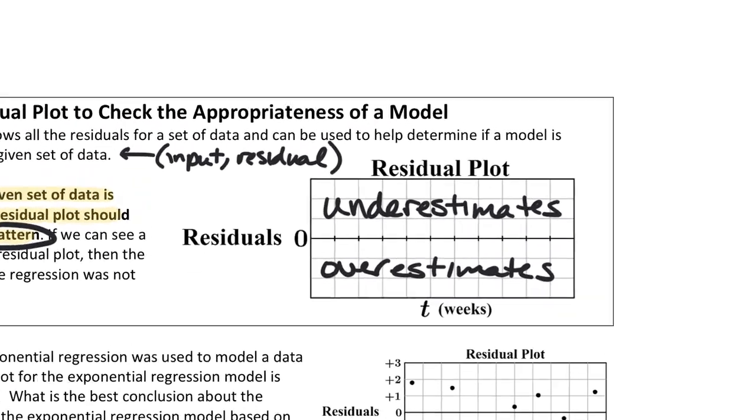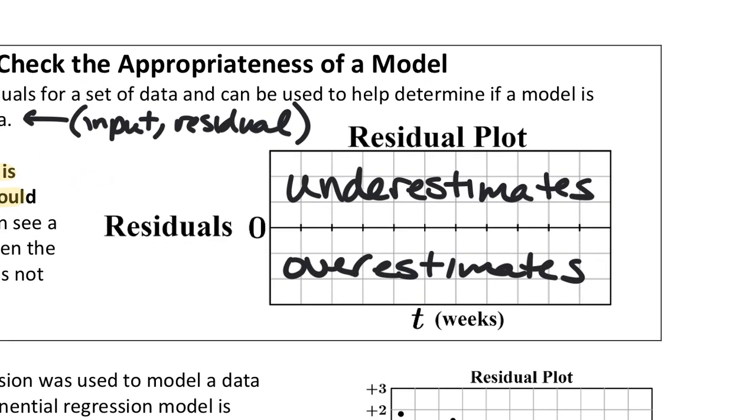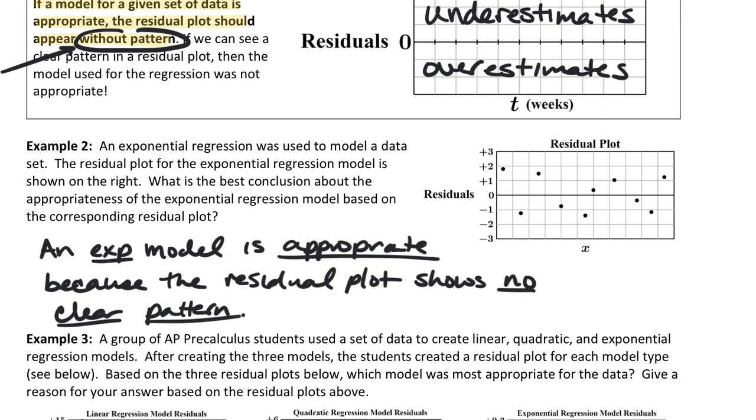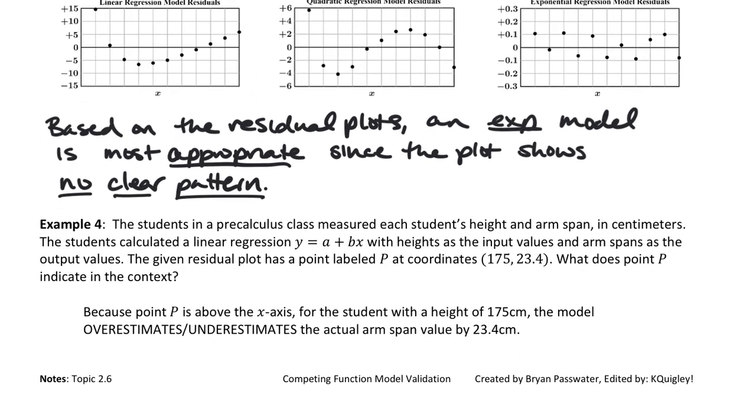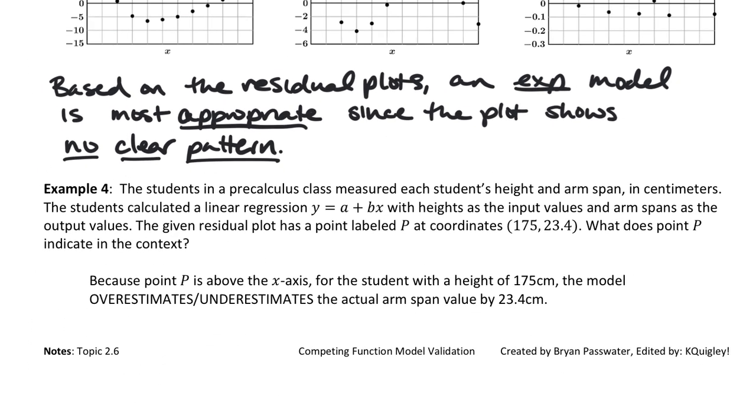Now, one more time, before we read number 4, pull your attention back to this graph right here. Remember earlier we said if our output value is positive and it's representing a residual, that was when we underestimated the data, so it goes above. And if our residual value is negative, it overestimates the data. If we look at example 4 now, it says, students in a pre-calculus class measured each student's height and arm span in centimeters. The students calculated a linear regression with heights as the input values and arm spans as the output values. Given the residual plot has a point labeled P at the coordinates 175, 23.4, what does point P indicate in